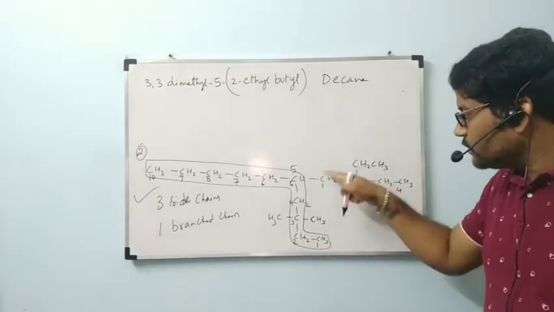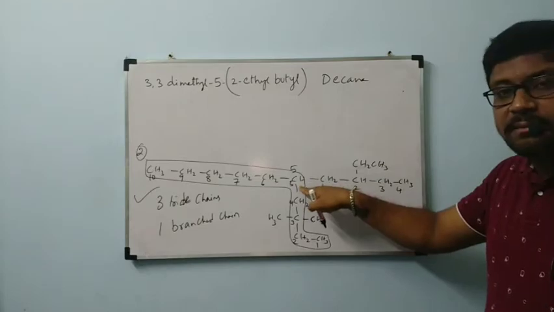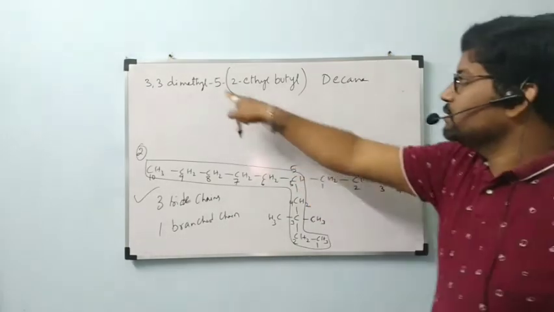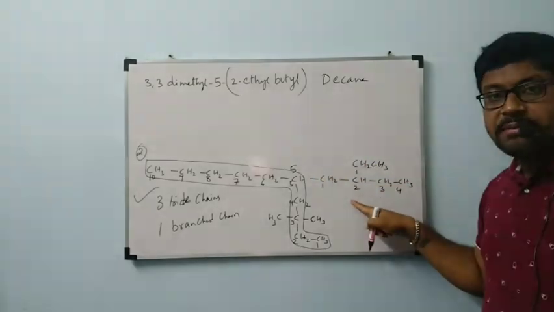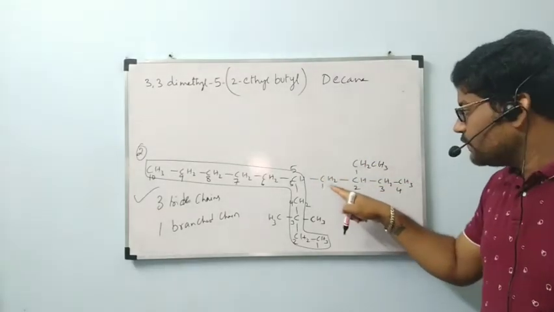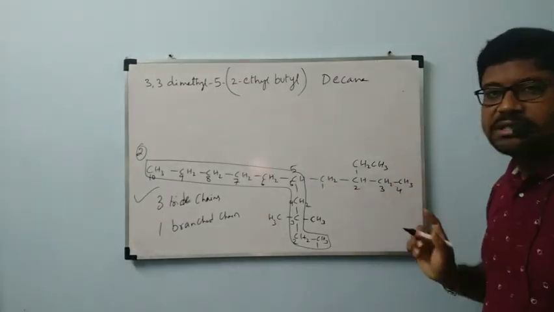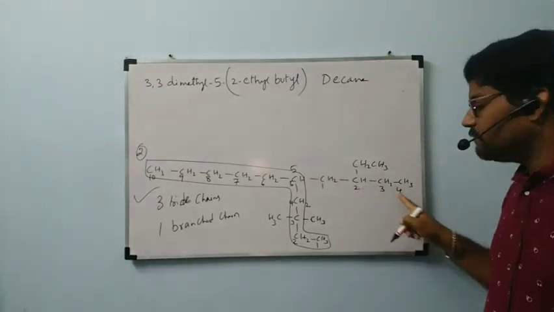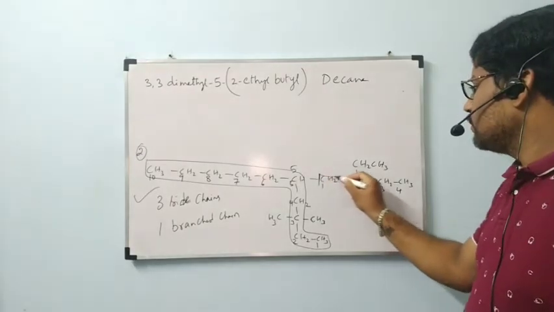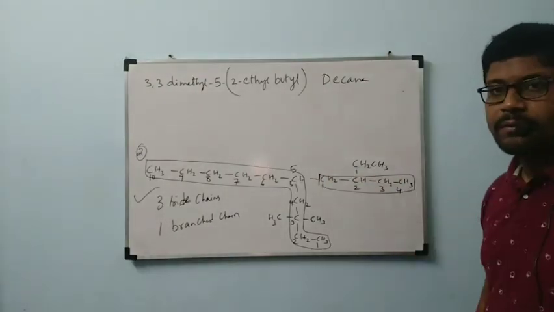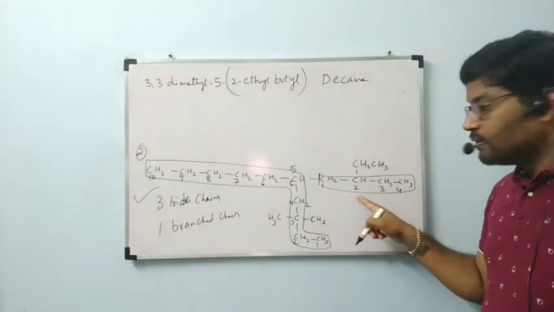Then we have to give the name of this total chain, that is entirely present on which carbon in the main parent chain: fifth carbon. So I mentioned fifth. Now what is the name of this? Normally, how to give the name of this compound? We will select the parent chain, 1, 2, 3, 4 or 1, 2, 3, 4, anything, same only. Okay, 1, 2, 3, 4 we gave the parent chain. On the second carbon we have an ethyl group.